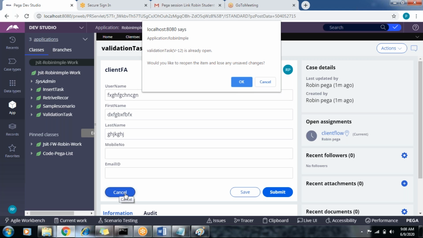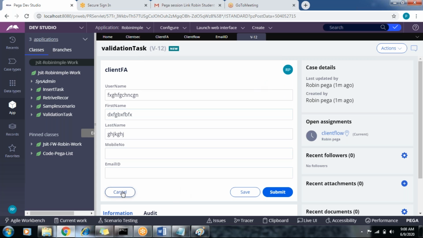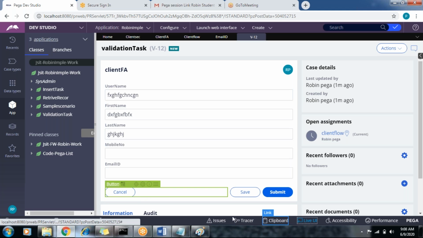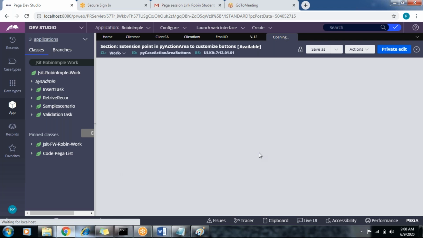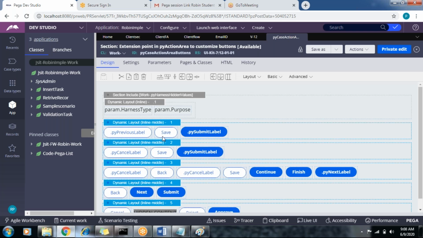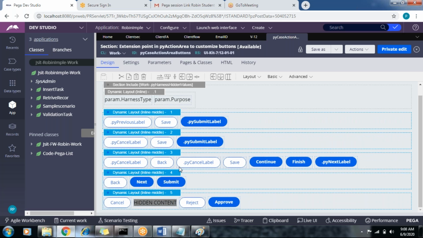Yeah, I understand that. Can we disable that button? Can we delete that button from this form? Oh, how to delete this one, right? Yeah, because we did not add it, right? This is predefined. You can't read it. Suppose I click on live UI here, just to open the rule in the Design Studio. I will show you. This is a private area. This is already predefined. You can't delete it. Something we don't modify, the section we created. Exactly. This is predefined.